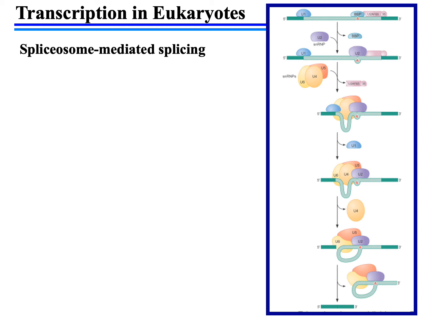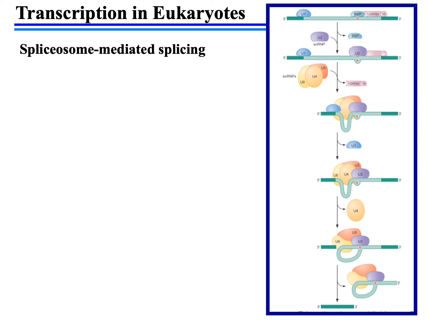The spliceosome is a structure that is made up of numerous proteins as well as RNA molecules. So again, it is a very complex macromolecular structure that plays a role in allowing for the splicing to take place. Now, we're not going to talk about every individual component of the spliceosome. We're just going to consider the spliceosome as one entity that is, again, playing a role in mediating the splicing